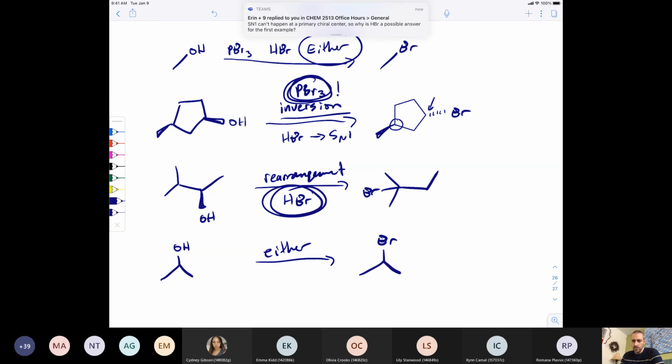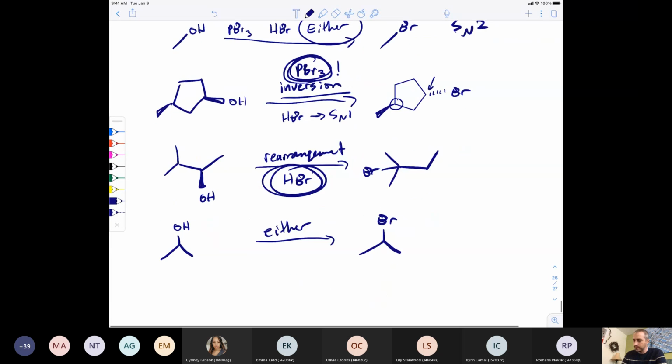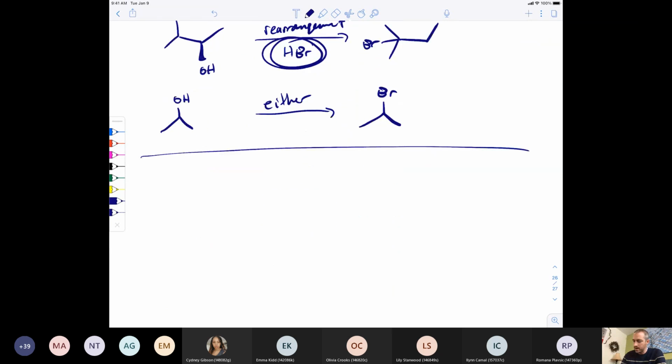Elliot asks, could you go over the difference? SN1 can't happen at a primary chiral center, so why is HBr a possible answer for the first? Because in the first example, it does not do SN1, it does SN2. So the mechanism for that first one with HBr